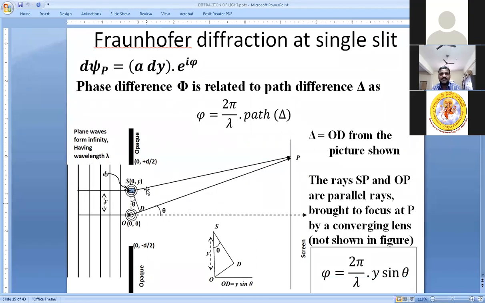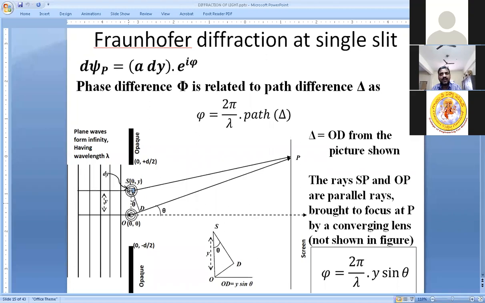There was a discussion yesterday. Some students asked me whether SP and DP are the same. I once again repeat today, SP and DP are parallel lines, and SD is a perpendicular drawn to both of them. It means it is forming some kind of rectangle. Of course, the other side is not closed because of the lens, which forces it to join over there. Otherwise, you can imagine it as a rectangle. So SD is a perpendicular, and hence the lengths SP as well as DP will be equal.